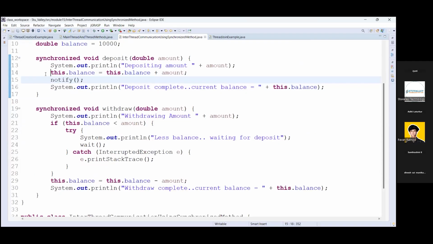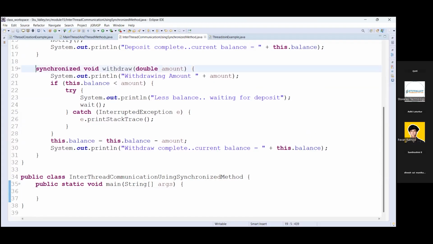Okay. So now we have updated the balance. We can notify. So this is the synchronized method. This should be only possible within the synchronized method. Wait and notify we are using only in synchronization, because inter-thread communication most of the time happens in synchronization itself. Now, to perform this, we will use a Bank object. Bank b is equal to new Bank. Now this bank object will become the shared resource for the thread execution.